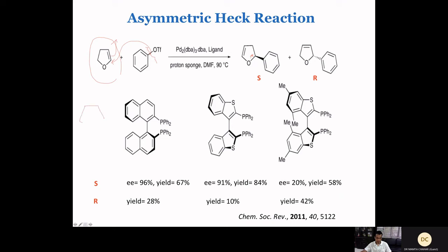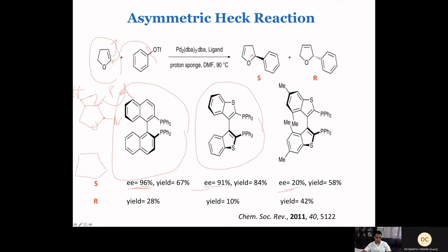Subsequently, the oxidative addition, let me draw it. So you have an aryl group in here. Okay, so this is the stereogenic center. Formation of this carbon-carbon bond will be controlled by any of these ligands. As you can see, the ee can vary: 96%, 91%, even up to a very low 20% in some of the not so good ligands. Now the palladium comes in here. Subsequently, this is the proton which gets rolled over for this, and then palladium comes in from here. So next step would be palladium will be here,